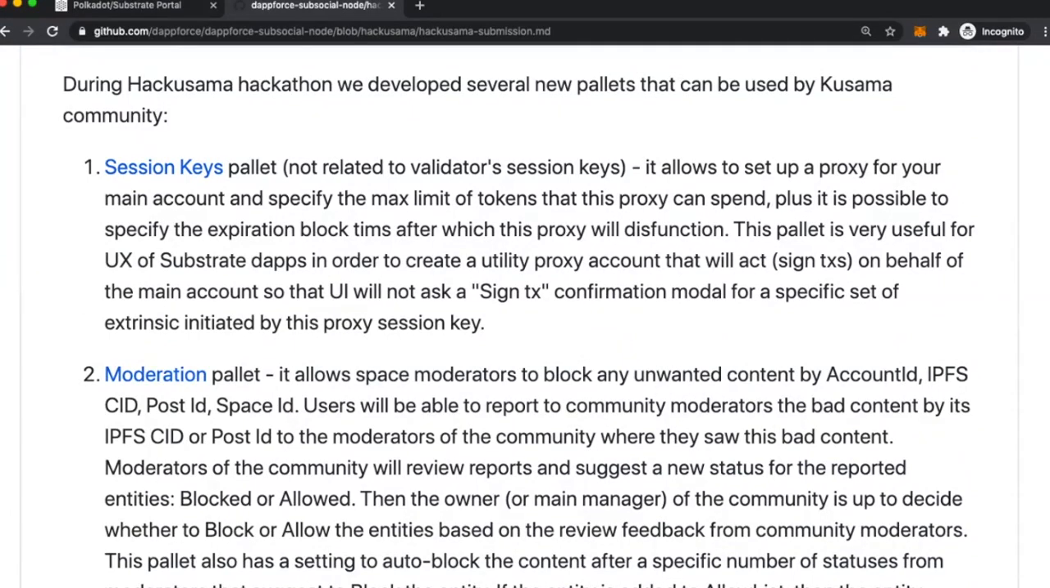So session keys allow you to create proxy accounts that act on behalf of the main account, and this is very useful from the UX perspective of the dApp when you don't want to bother the user with asking, please confirm your transaction and type your password for the main account. So for less security, the user can create a session key, with the private key stored in the local storage of the browser, and the web UI on mobile doesn't ask the user for a password and just silently signs transactions on behalf of the main